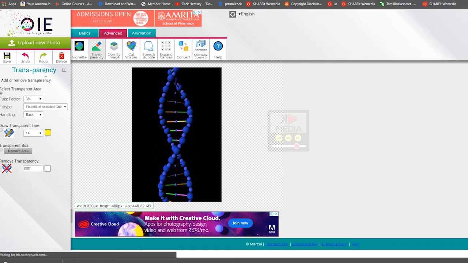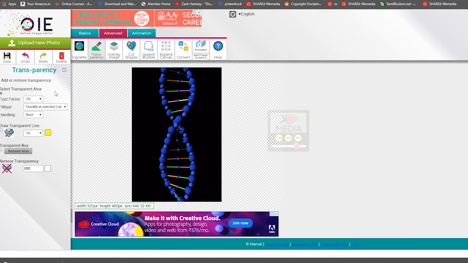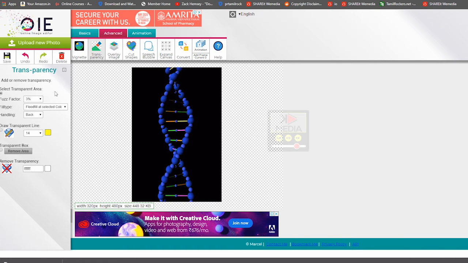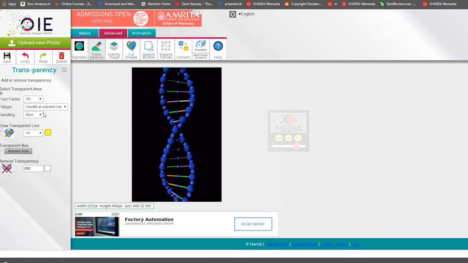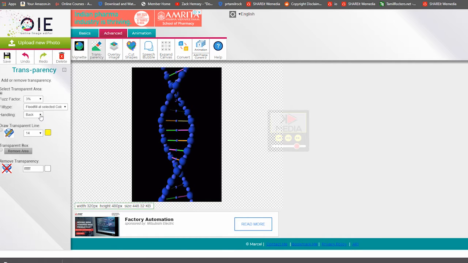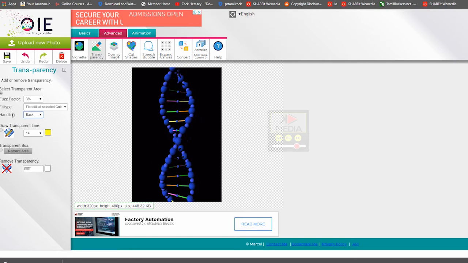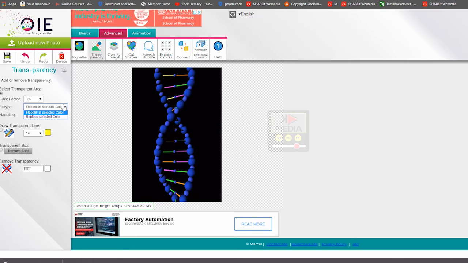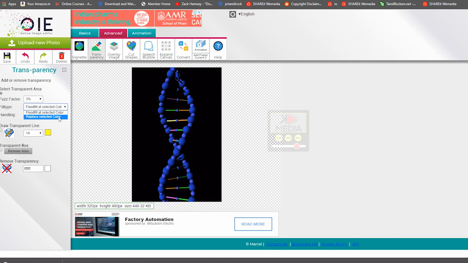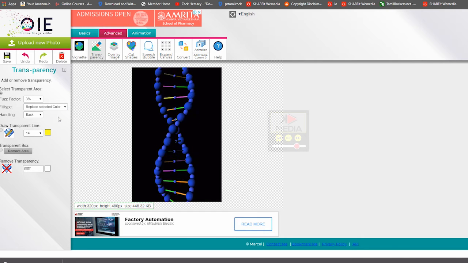These are the 4 commands, and below that some descriptions are written, such as select transparent area, first factor, fill type, and handling. You are going to handle the background of the image, so you have to select back in this handling column. And for fill type, you have to choose replace selected color. That is what we are going to give.